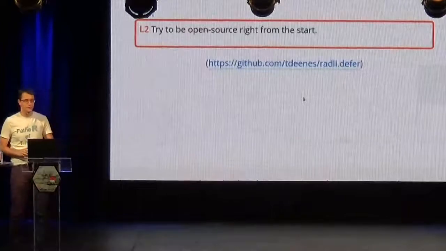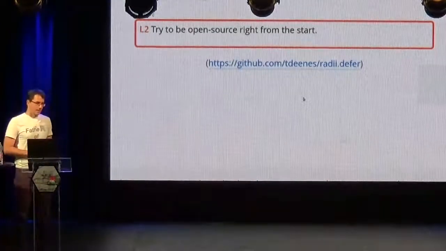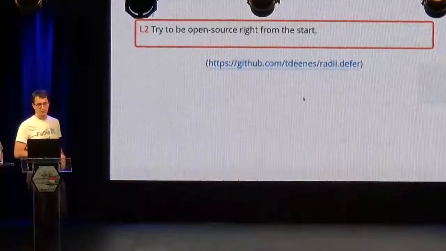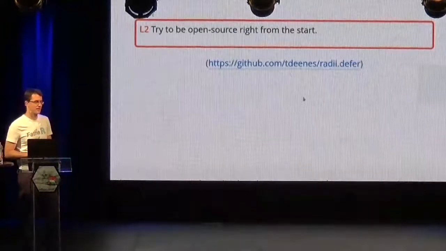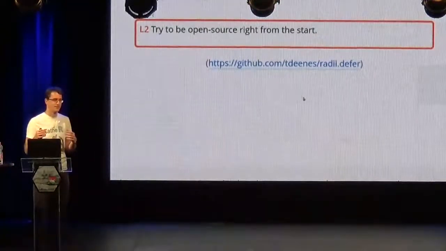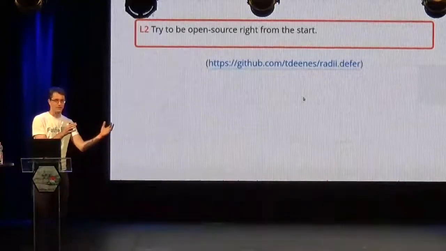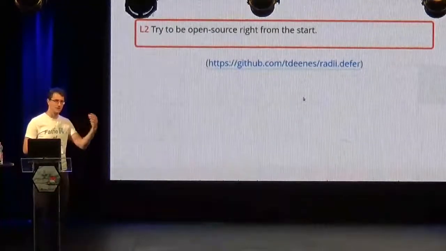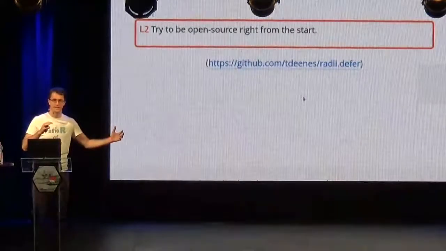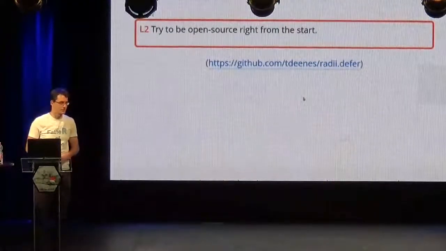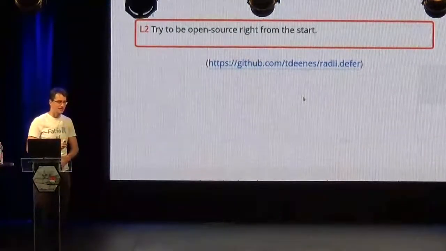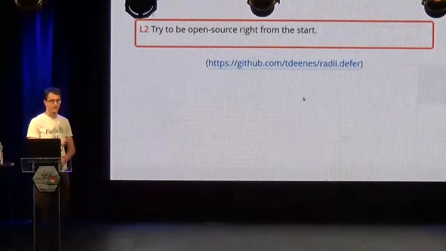And I also would like to ask for an excuse. This is lesson 2: try to be open source right from the start. We just realized that this code that we use internally is, of course, in private repos, and we thought that it would be easy to make the public version of it. But then we realized that we have to make some important design decisions before doing this step, because we don't want to get all of the dependencies that we use in the whole project, so we would like to get rid of them. So once that will be ready, the radii cache and radii defer packages will be available on